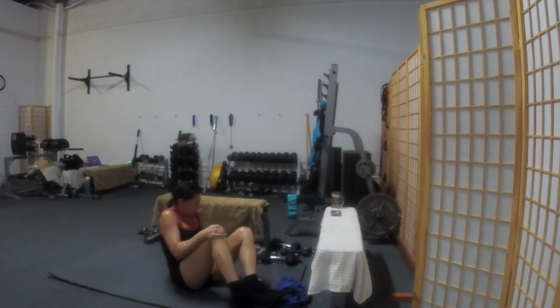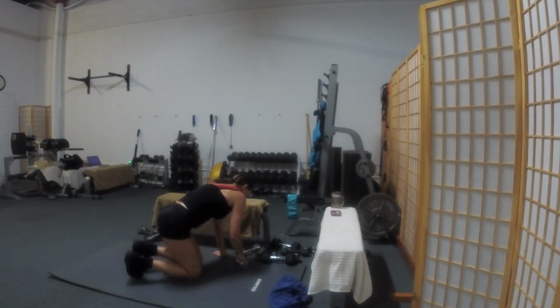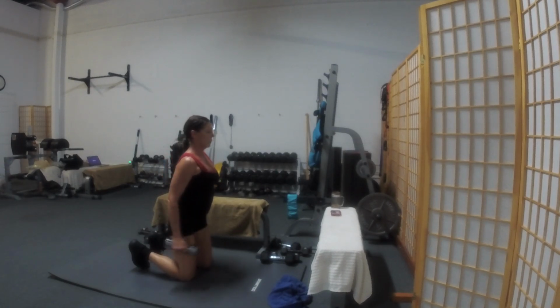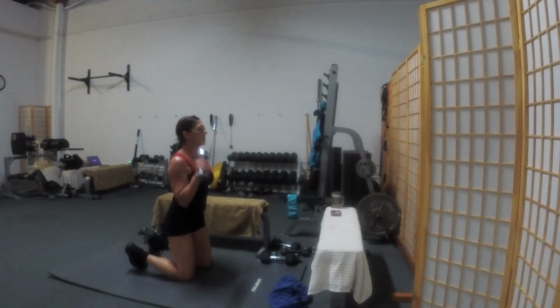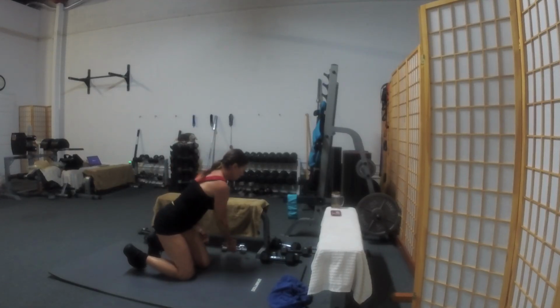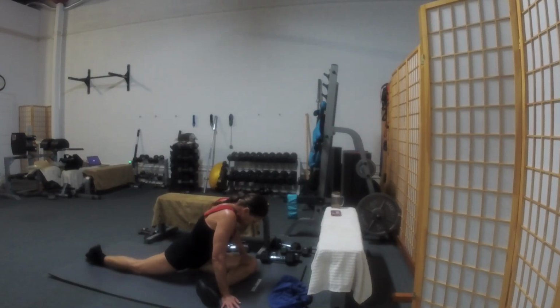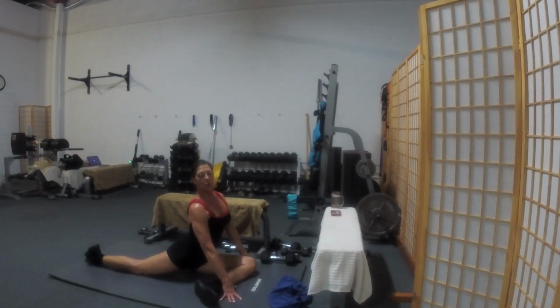Last set of curls. Handful more repetitions and we're going to slide into a modified pigeon. So you want to curl your upper leg down, okay, and then come up on it. Wonderful, wonderful stretch here. You're going to feel everything that we just trained from the glute